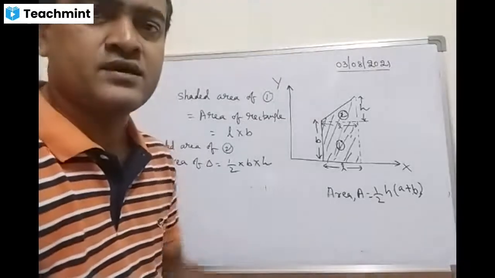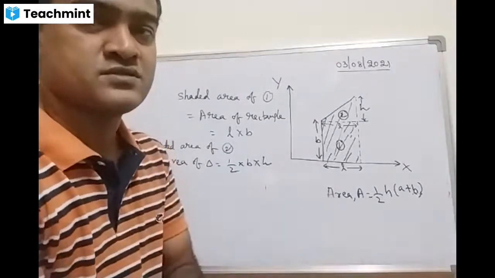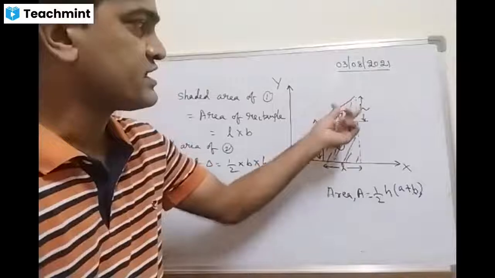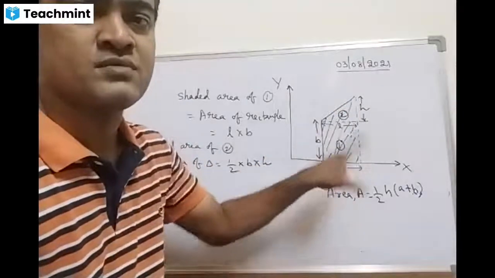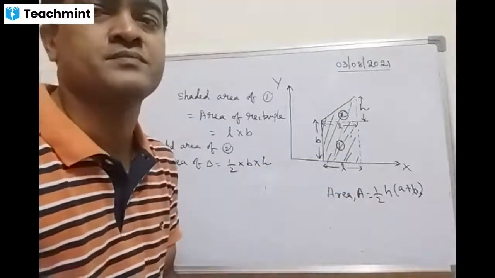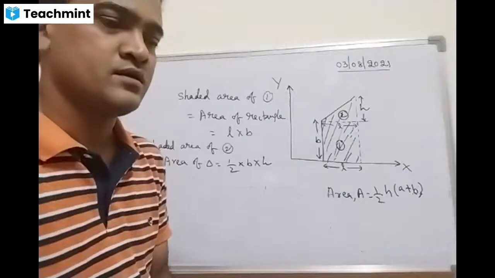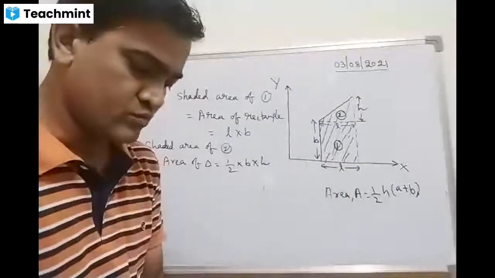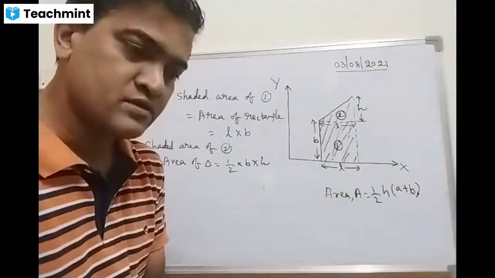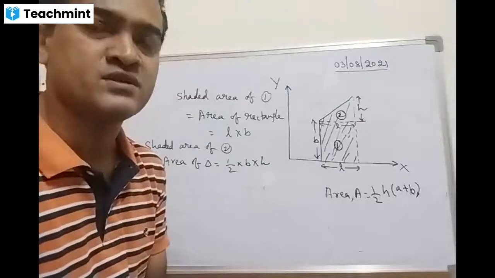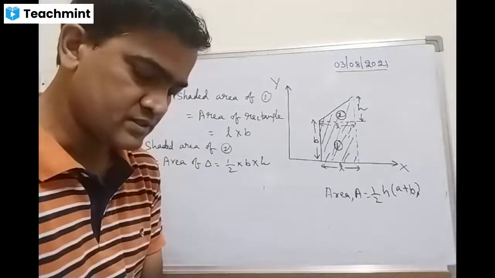Okay, try this. Considering the area of rectangle and area of triangle, you sum up these two, you should get the area of the trapezium. You can also do it in that way, but the best method is if you remember the formula for area of trapezium, that would be good. Remember the area of trapezium.